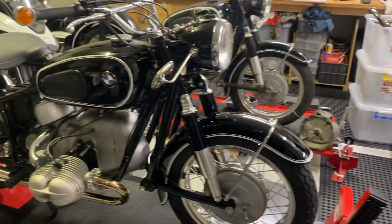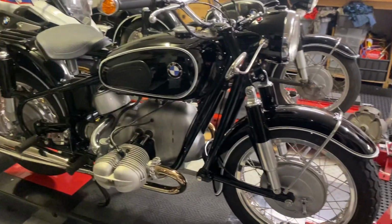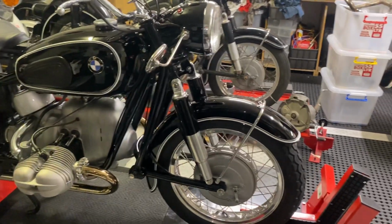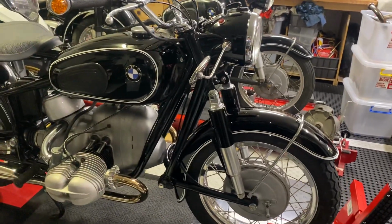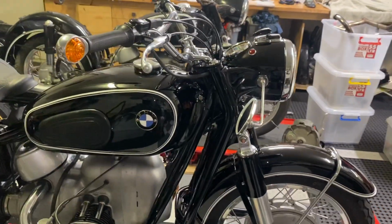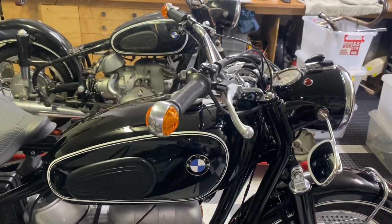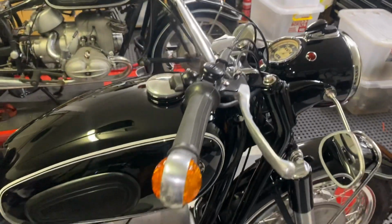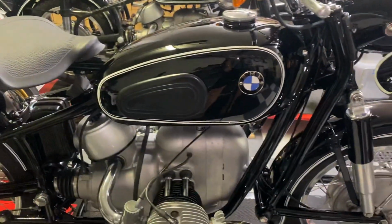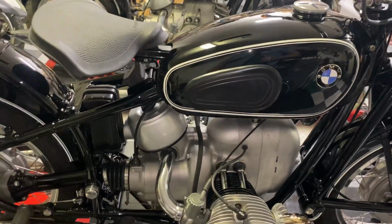So basically it's been a complete nut and bolt restoration from new spokes, polished rims, new tyres, brake pads, complete suspension, all cables, rubbers replaced, new wiring, obviously paint, pinstriping, the speedo's been restored, new bars, all the way through to the engine, replacing all the bearings, seals, going through the complete engine, slingers,